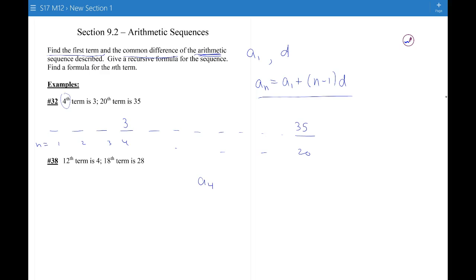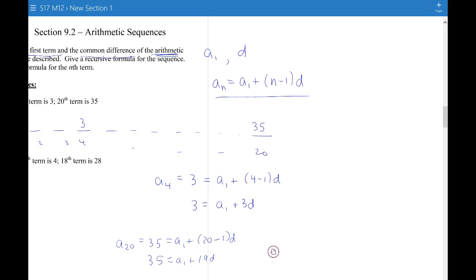I say a sub 4, they're telling me, is 3. Well, that's a sub 1 plus 4 minus 1 d. So 3 equals a sub 1 plus 3d. So that's one equation, but it has two things I don't know. So then I'm going to use the other piece of information. A sub 20 equals 35. So that's a sub 1 plus 20 minus 1 d. So 35 equals a1 plus 19d. Well, now I have a system of equations. 3 equals a1 plus 3d. And 35